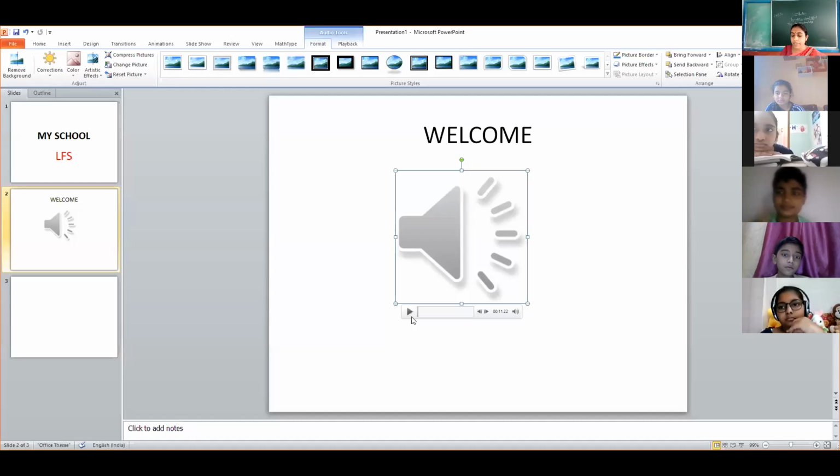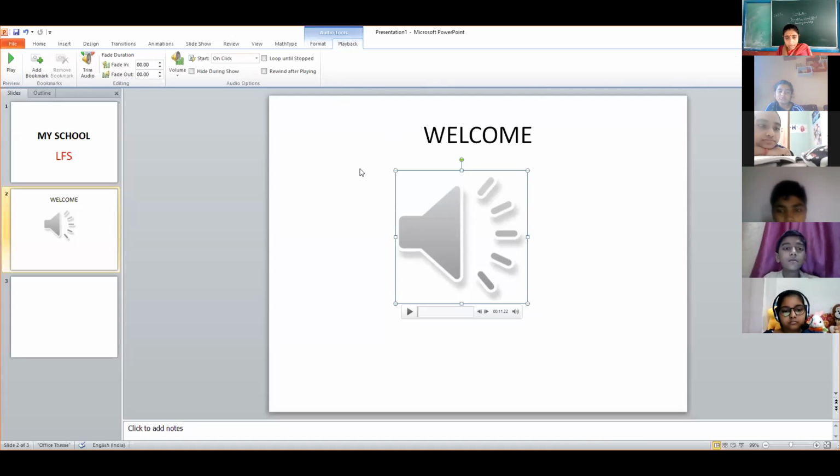So this is the simple example. The same way as you are dealing with any kind of specific project, in that way you can insert any audio related to that. Clear? Now, as this is a track which we have inserted, you have seen an audio has been inserted. Now you can see here the option written playback.